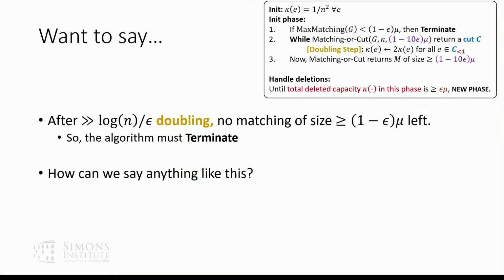Oh, I forgot about that. Okay, so here it is. What we want to claim is that if you keep doubling capacities and you still can't find a matching with those capacities, that means there just objectively is no large matching left anymore, even with capacity 1, and then you can terminate. Basically, after you double enough times, your capacities are big enough. So if you can't find a matching, it must not exist.